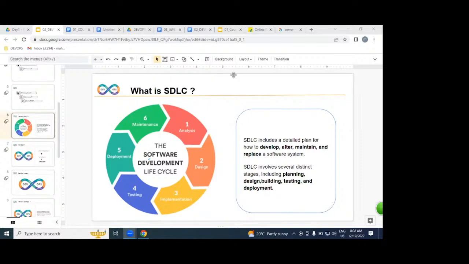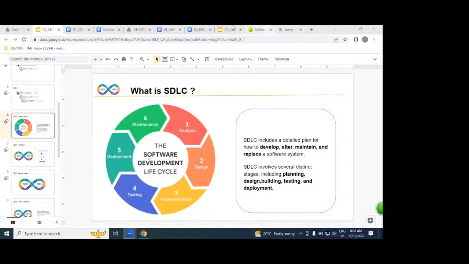SDLC, in the sense of what? Software development lifecycle. By following the SDLC process, by the end of this SDLC, we can produce a software.